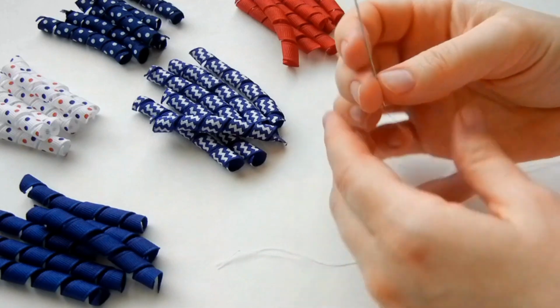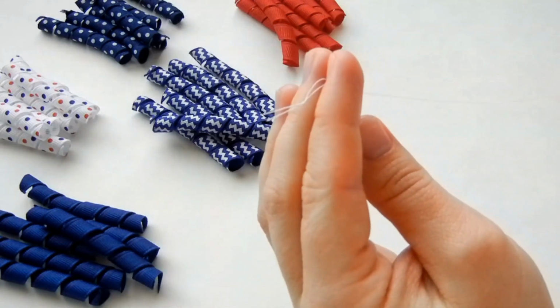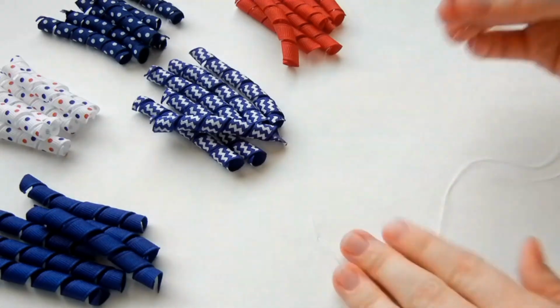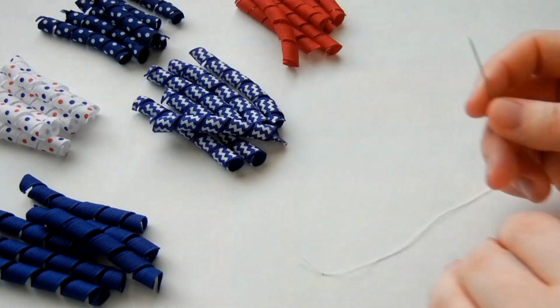Have your needle and thread ready. You'll want to have a knot in the end and use a longer needle as well. And then we're going to start by just taking a piece of Korker ribbon